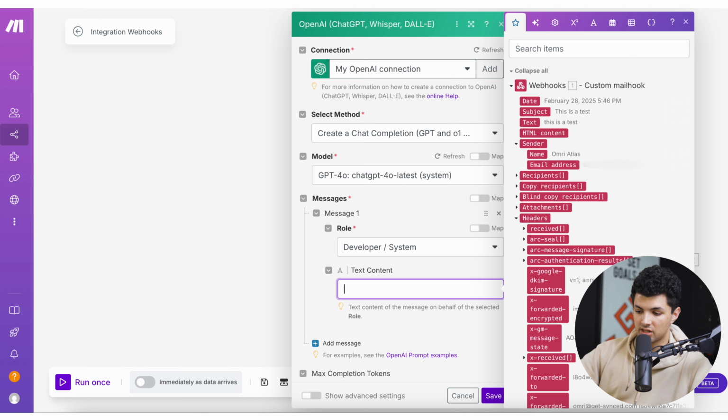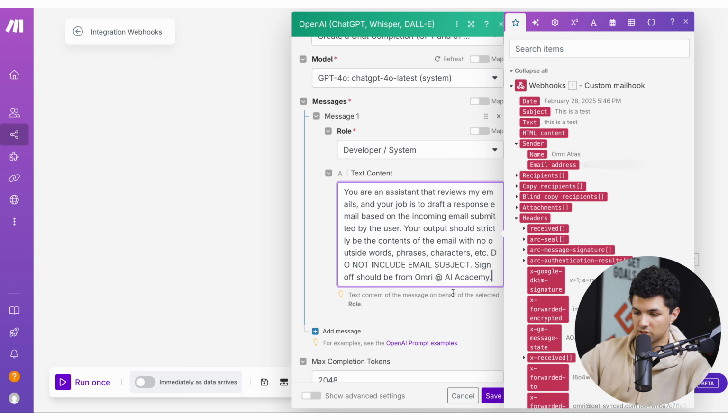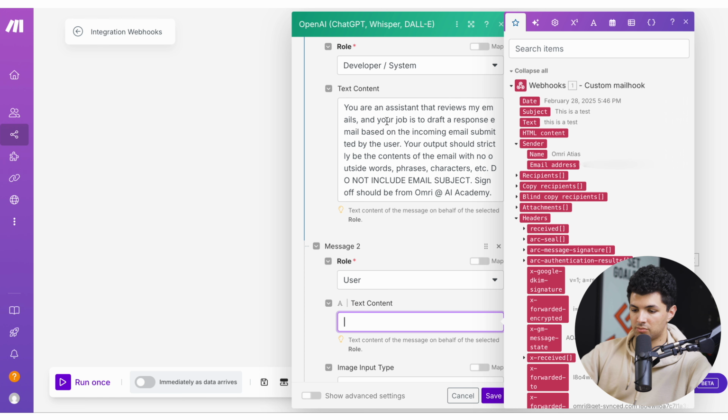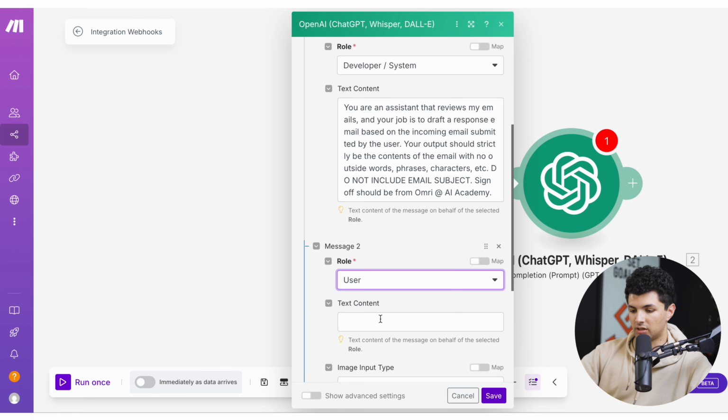You can customize this text to however you want. This is just a prompt that I'm using to demonstrate how this works. If you want to copy this prompt just to test it, feel free to pause the video and take a screenshot. So once we added the system prompt, we want to create a user prompt and give it some context